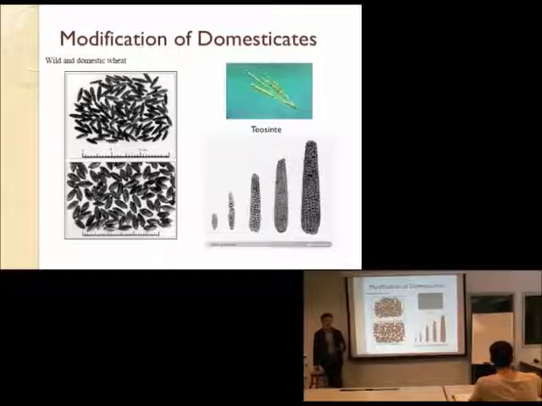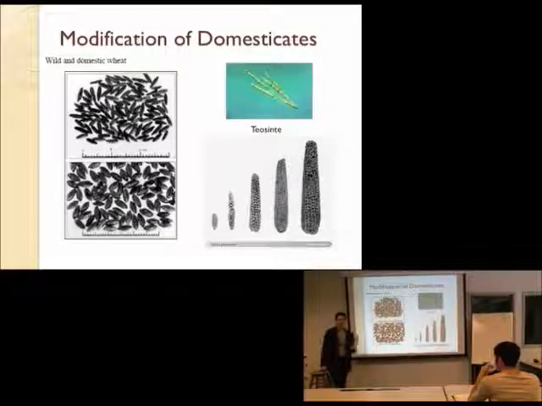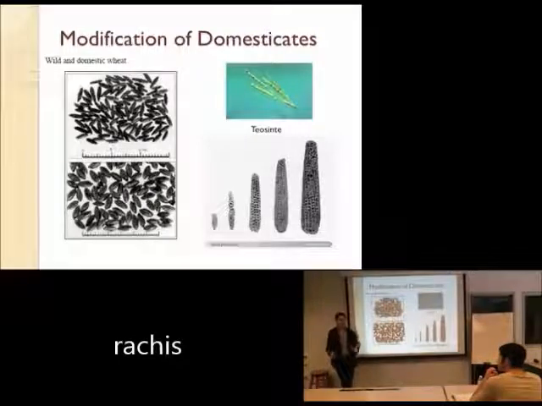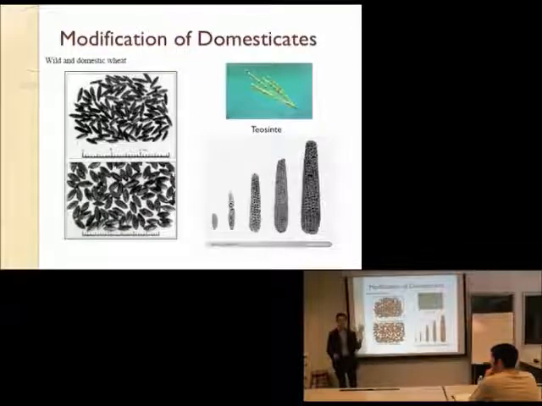Picking things like, the textbook goes on some length about picking a strong rachis over a brittle rachis, right, when you're dealing with wheat seeds. So when someone is going around harvesting wild wheat, which is where you're going to get the seeds to do the planting that you're going to do when you start doing it, the seeds are going to fall off if they have a brittle rachis, this connection between the seed and the plant that they're growing from. But what you actually want, it sounds like you want it to be brittle, you want it to be easy to take it off, but you don't. You want those seeds to ripen and get big and meaty and juicy and useful, but stay all connected in this nice, useful way on one stalk of wheat.